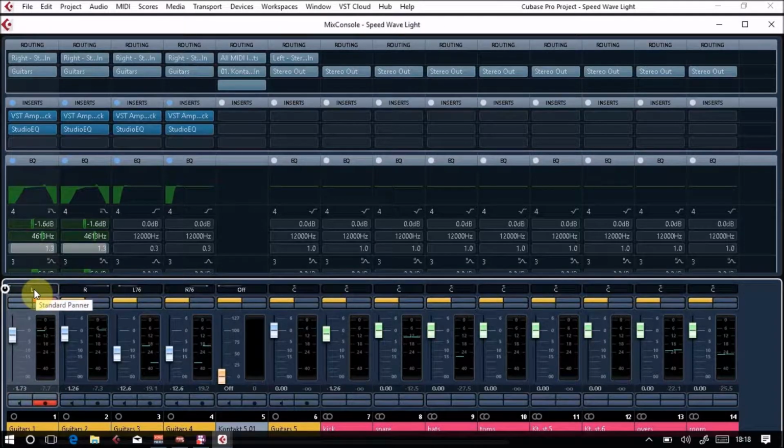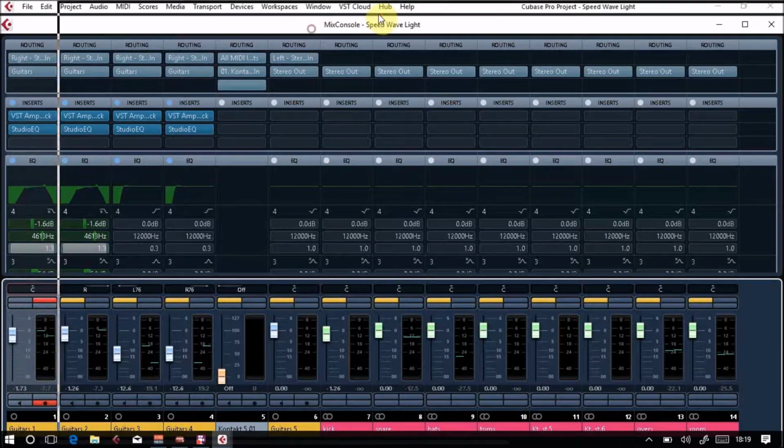Let me just centralize this as well, because we panned them hard left and hard right. So I pressed F3 for the mixer, and I'm just going to press C over the panner, and that will centralize it. So now when I play, it's just that one distorted guitar part, and that's all we need to look at first of all for automation. But say I wanted this to fade in as it went. One way you can do this is called